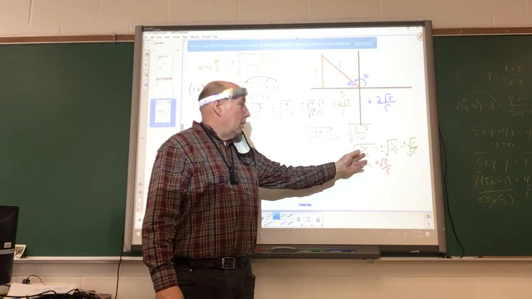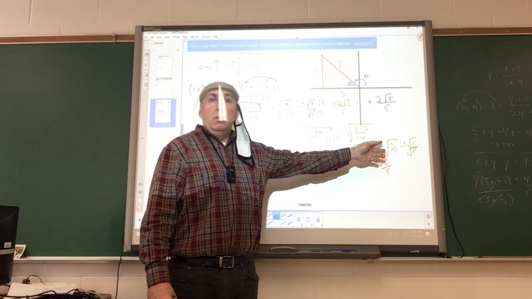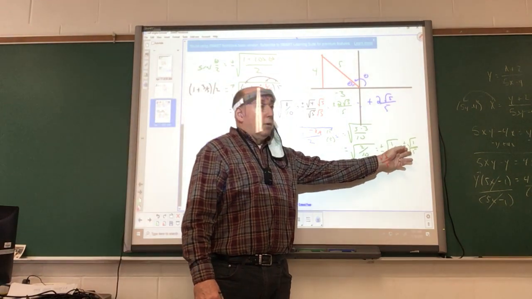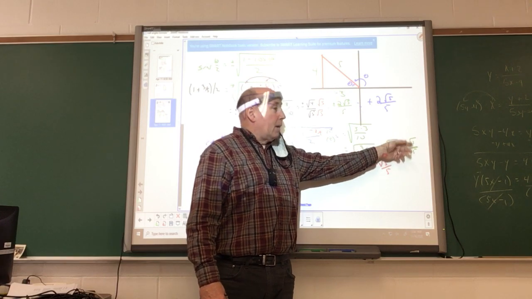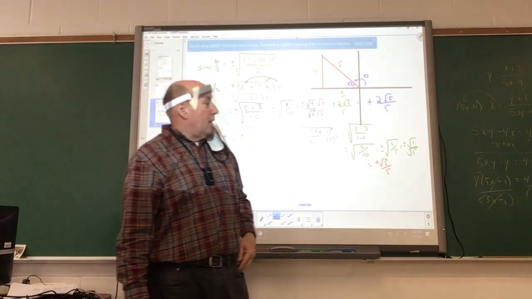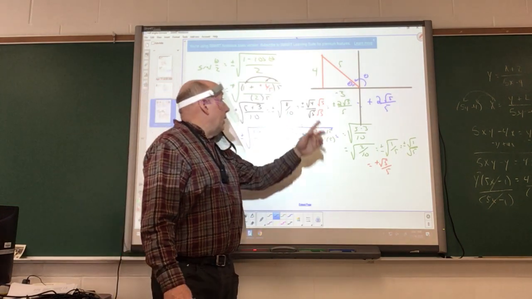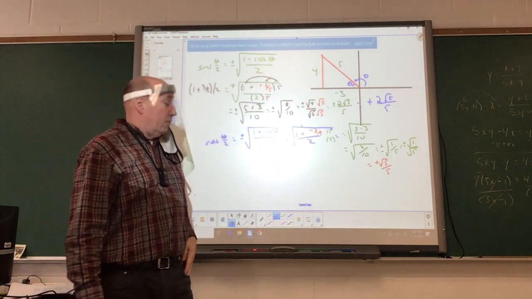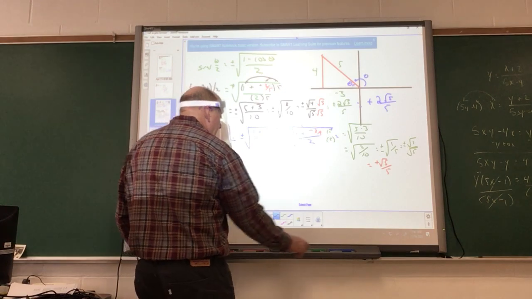2 over 10, which reduces down to 1/5, which is the square root of 1 over the square root of 5. Multiplying top and bottom by the square root of 5, we have the square root of 5 over 5. And if I take the cosine of any angle in there, it should be positive. Now the nice thing about the tangent,